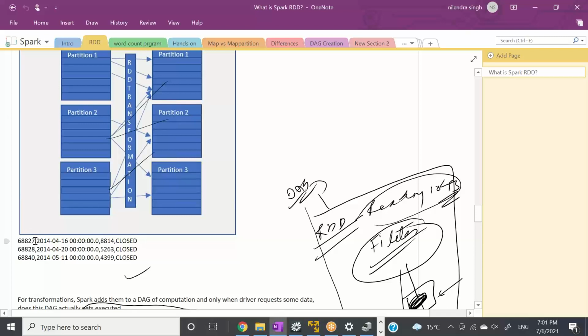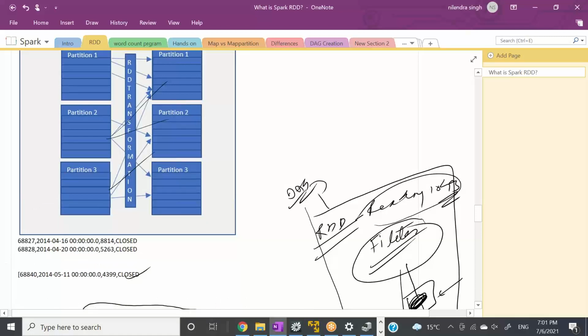I tell my program, whenever you find a comma, add 1 element to the array, right? So it created 1 array like this, right? So inside the array, how many elements we have? 1, 2, 3, 4. Since array starts from 0, ideally this closed should come in 3, and that's what I was doing.